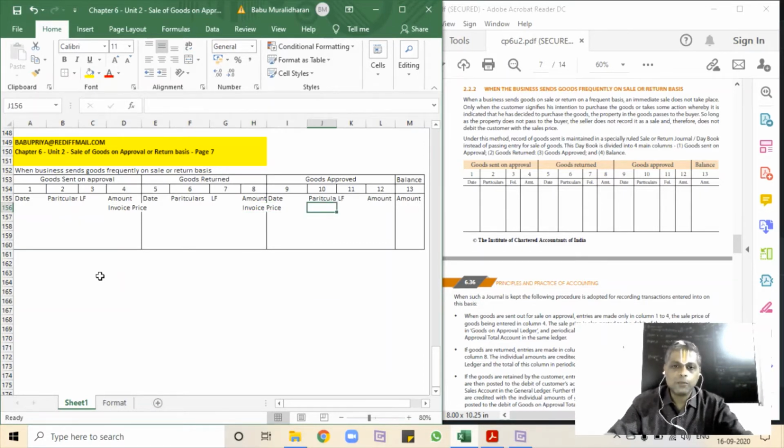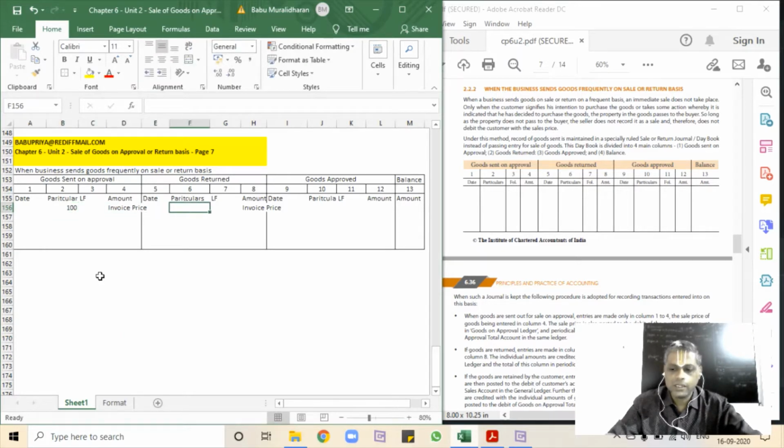And then if the goods are approved, a sale entry will be processed. Again, we don't have to process a sale entry because a sale entry is already done for this. The entry that's processed is customer account debit to sales. So similarly, there is no need for a separate sale entry if it is during the month. And then for the inventory that is lying in the customer's account, the balance is like goods sent on approval, say